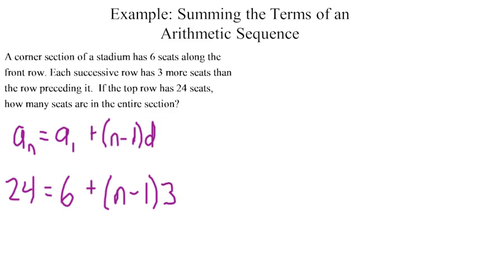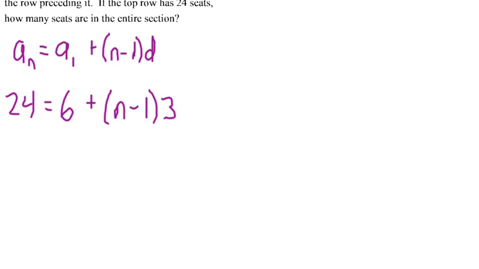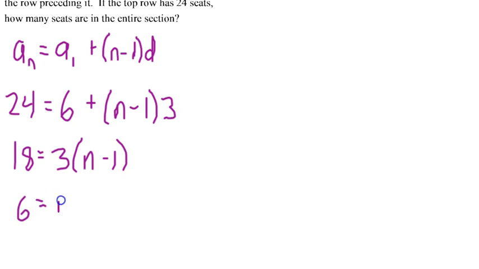So now we're just going to use some algebra to simplify this. We would subtract 6, so 18 is equal to 3 times n minus 1. Divide by 3, we get 6 is equal to n minus 1. Last step, add 1 to the other side, so n is equal to 7. That means there would be 7 rows going from the first one that has 6 seats to the last one